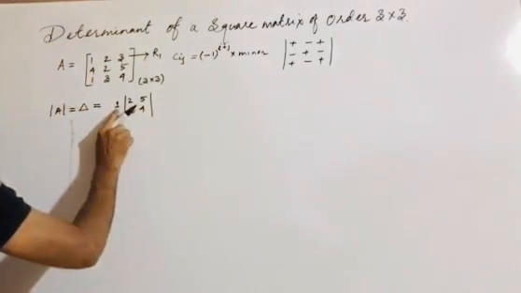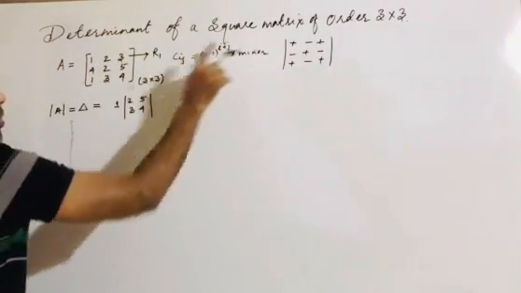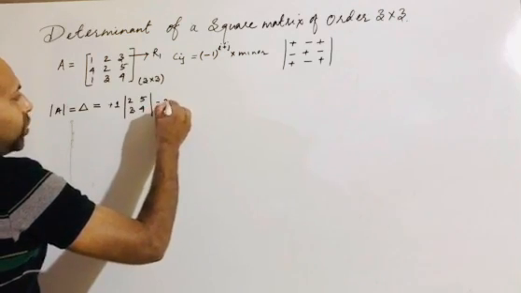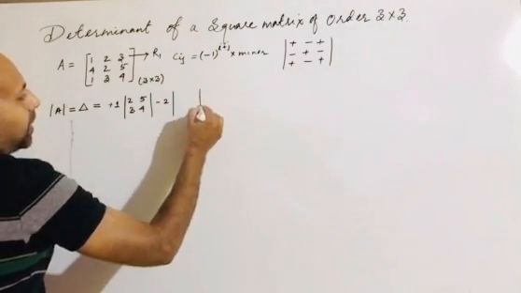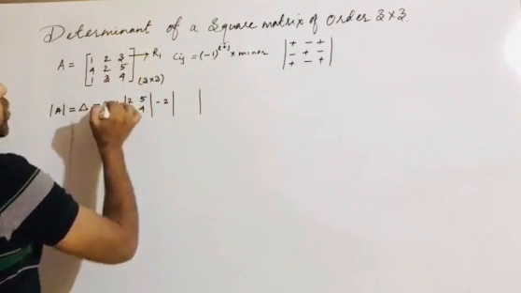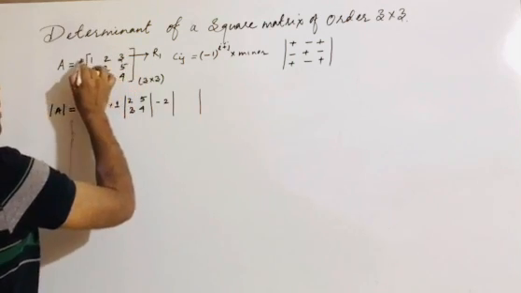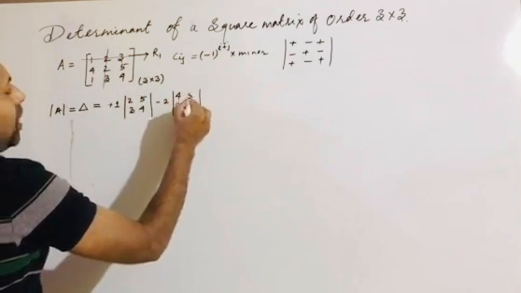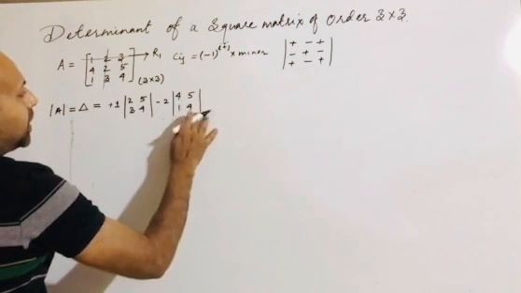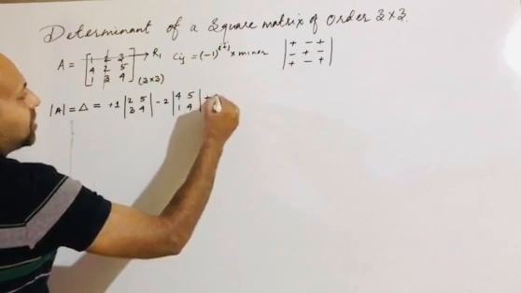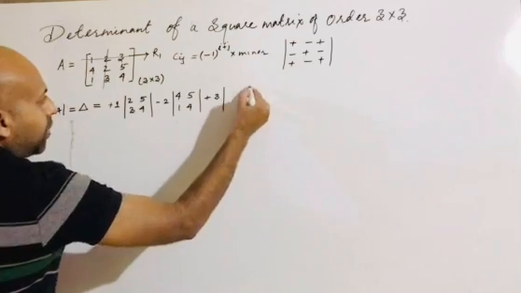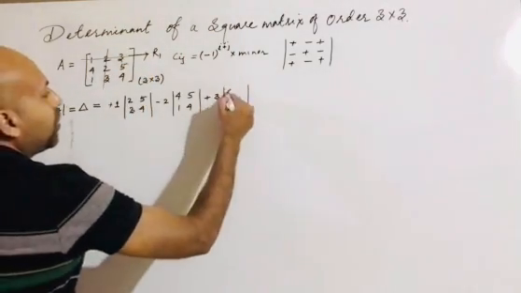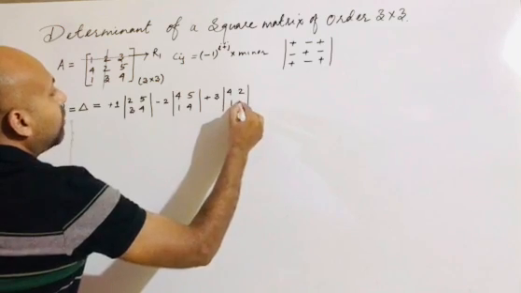For the first element, the first position will be plus, so here it will be a plus sign. Then the second position will be minus, so I take 2, and this row and this column will be omitted. It will be left with 4, 5 and then 1, 4. Is it clear? Then we take the third element, which is 3, and here the sign will be plus. If I take 3, this row and this column will be omitted, so this will be 4, 2 and then 1, 3.